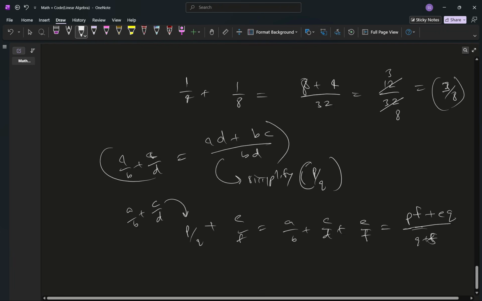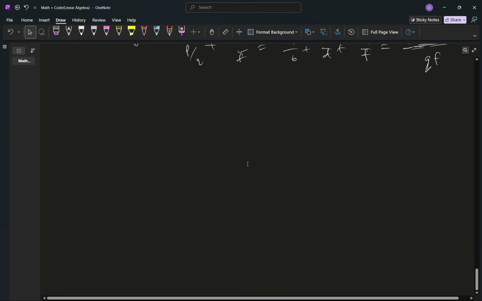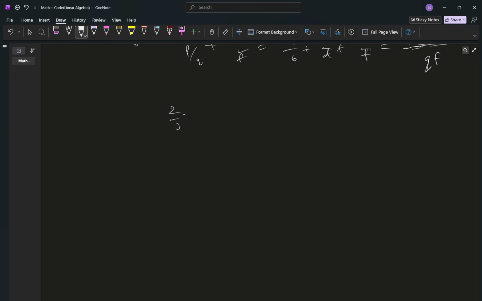And obviously for subtracting, you'll just write minus over here. So this is your plus, and that is your minus. So this will not be your Q plus F, it will be your QF. So you have this formula, and for minus you just introduce minus over here. So we have this, and for multiplication it's obviously very easy, 2 by 3 times 5 by 7, or instead